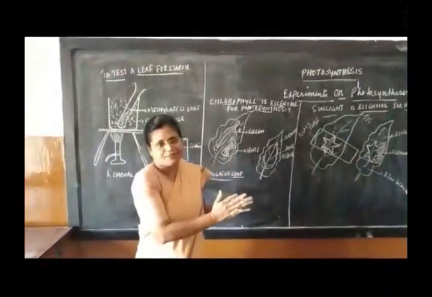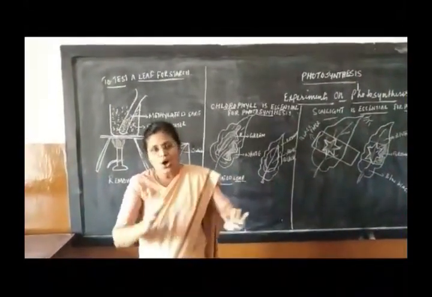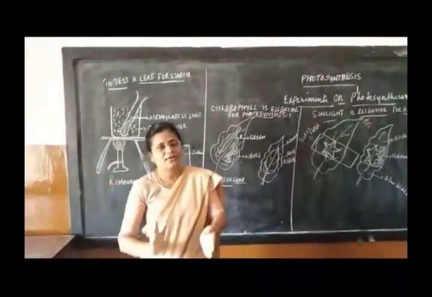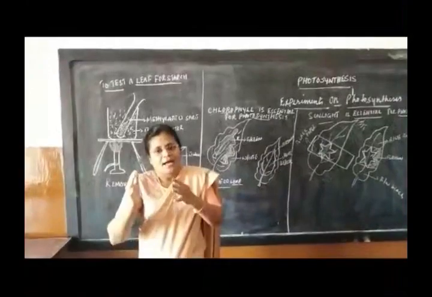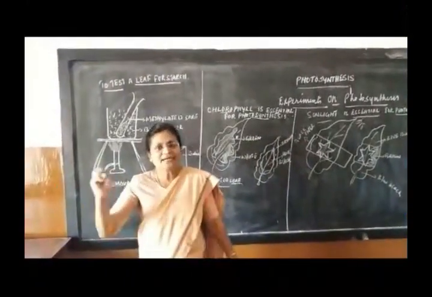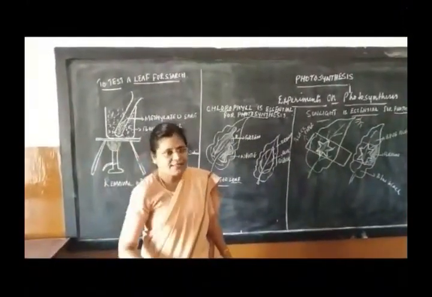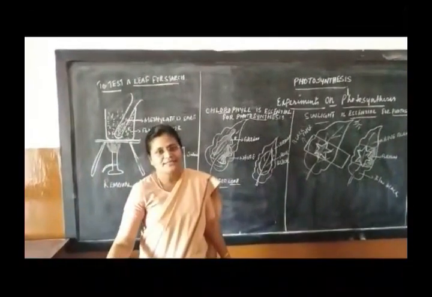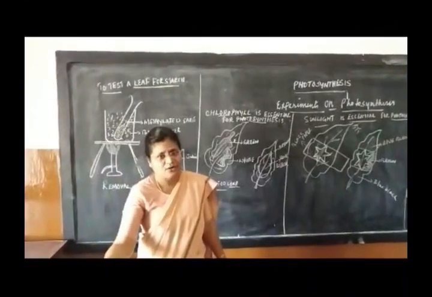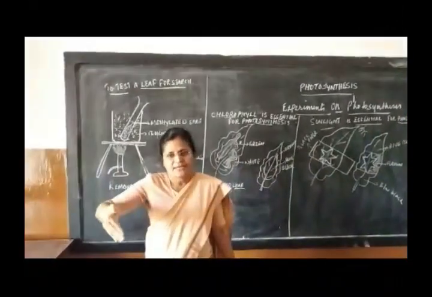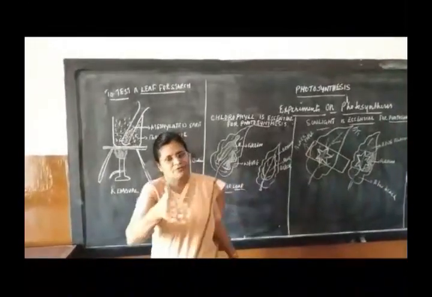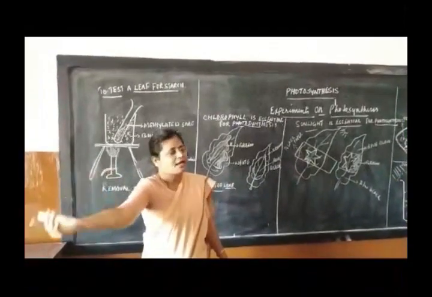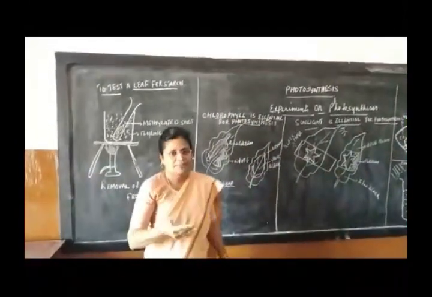It prepares starch. This starch is utilized by all others. That carbon is transferred to all other living organisms in the form of the food chain. And the other living organisms in turn release carbon dioxide, either during breakdown of glucose, from dead and decaying organisms, or from breathing out. So this carbon is cycled from plant to living organism to dead and decaying organism, back to the atmosphere, back to the plant, and this is called the carbon cycle.